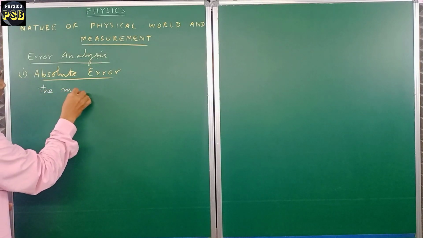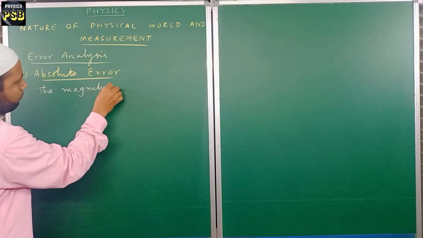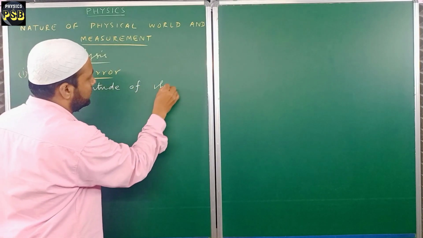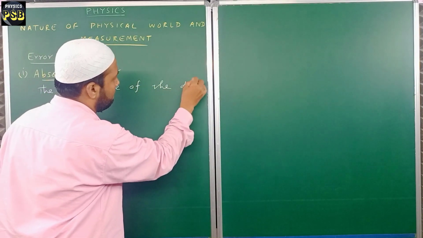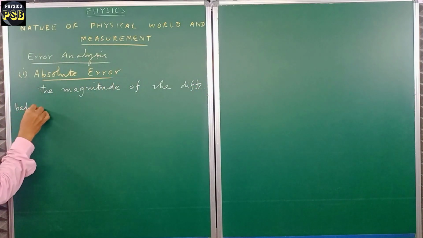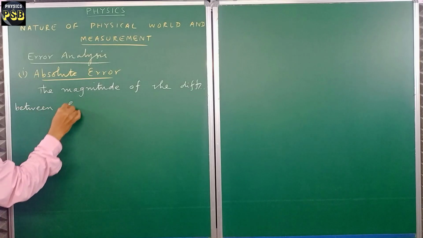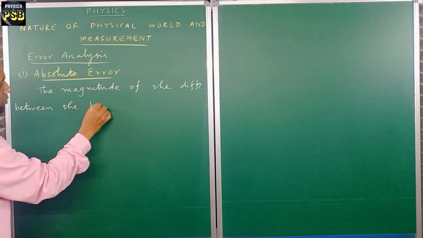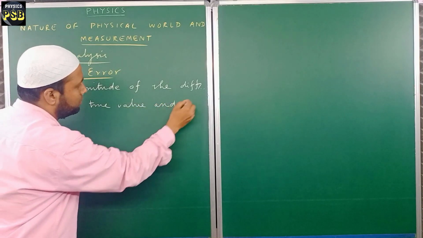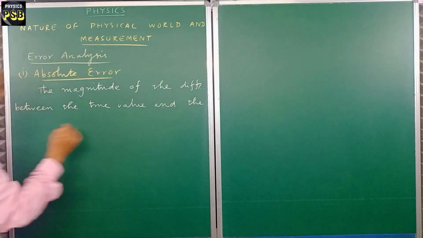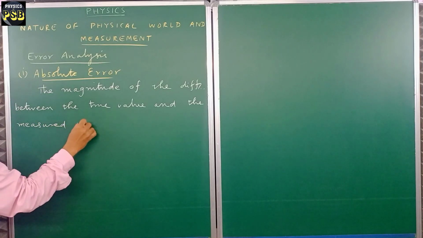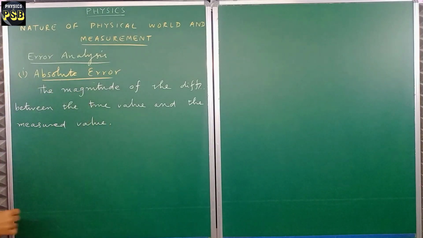The magnitude of the difference between the true value and the measured value. Okay, so now